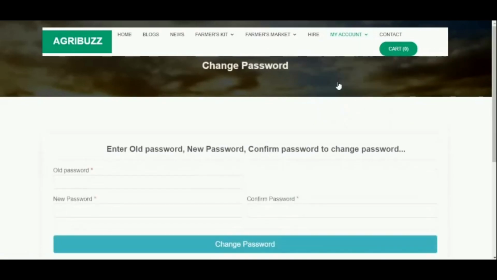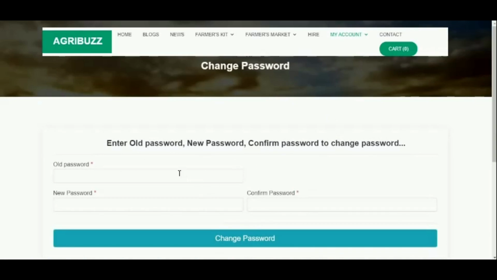Worker can also change their password by mentioning old password, new password and confirm password.